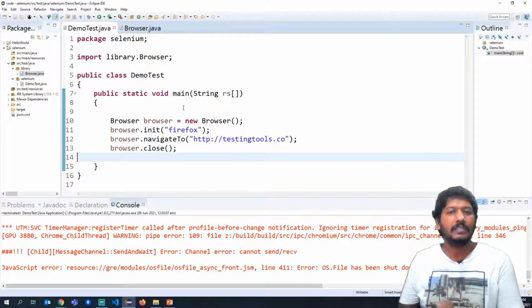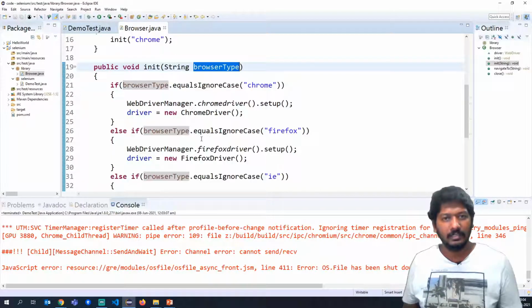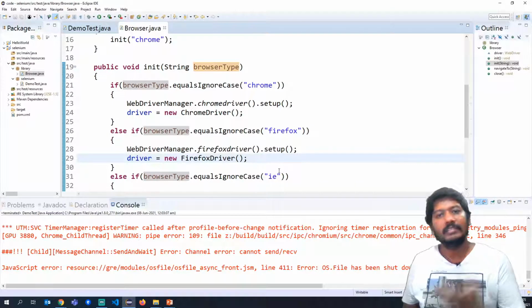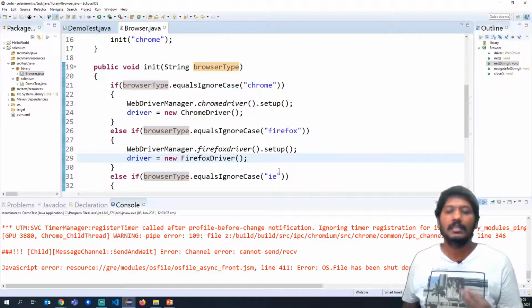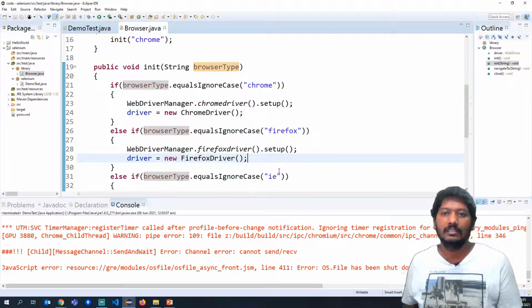And even if you have to make any changes, for example, if I want to add another browser, I have to just go into this particular method and then update this method, and this particular method is used everywhere in all your test automation scripts, and it becomes easy for you to change which browser you want to launch with.